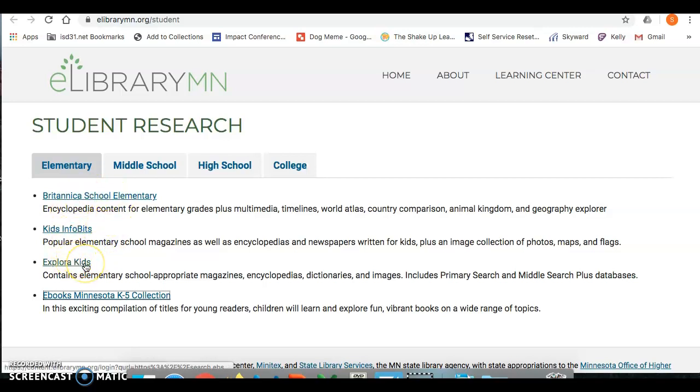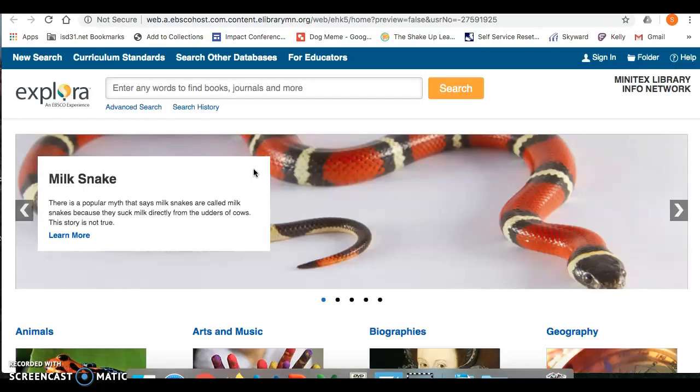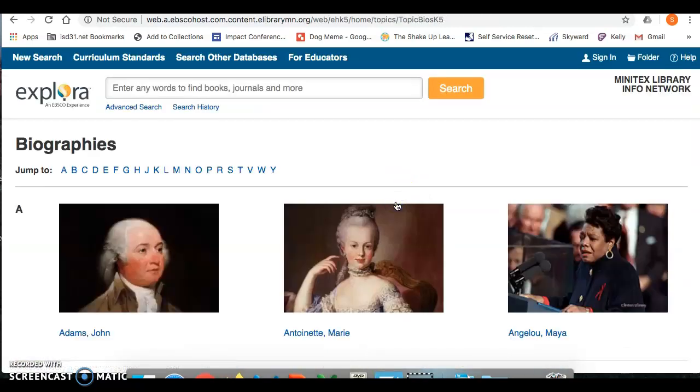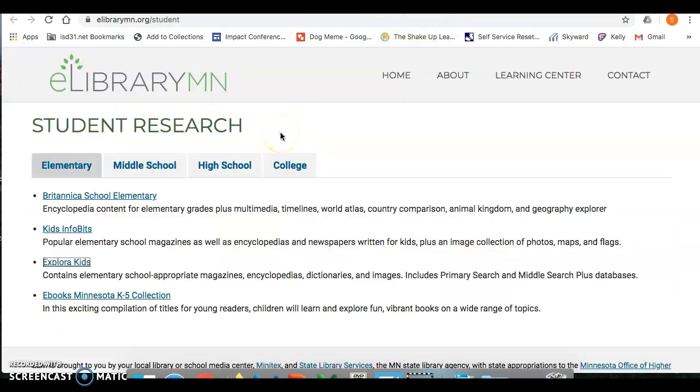Here are our three databases, and I'm going to show you this one, and I'll explain why in a minute. This one's called Explora Kids. And with this one, say we're still looking for our biographies. Here's our biography tab. We go right to that and we can either search again alphabetically, or we could put in our title up here. We could put in George Washington and go right to George Washington. Back on the home page, we're going to go back one more